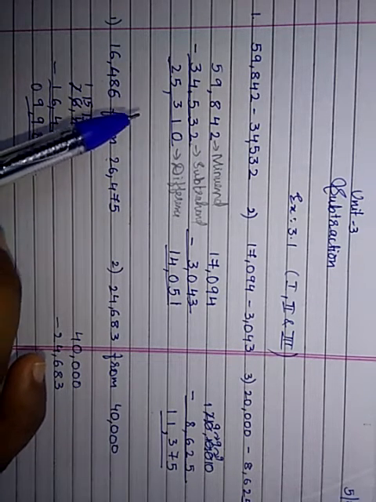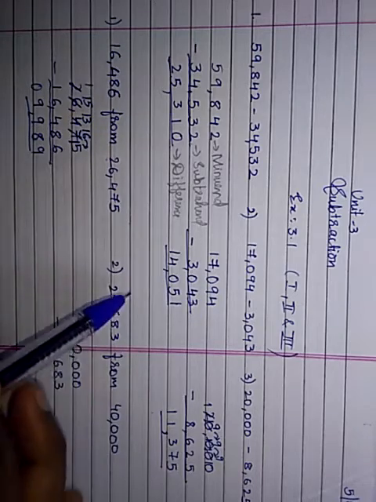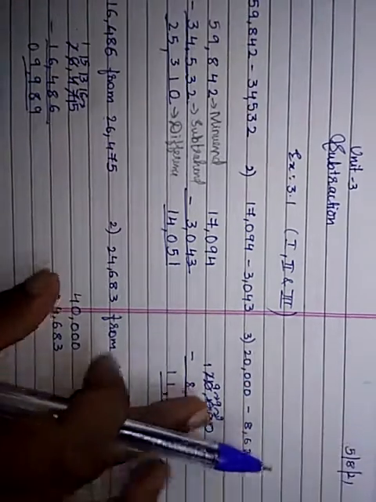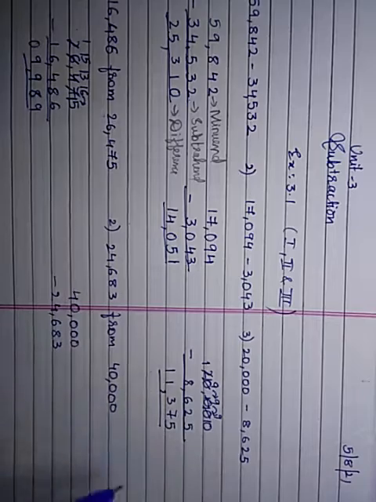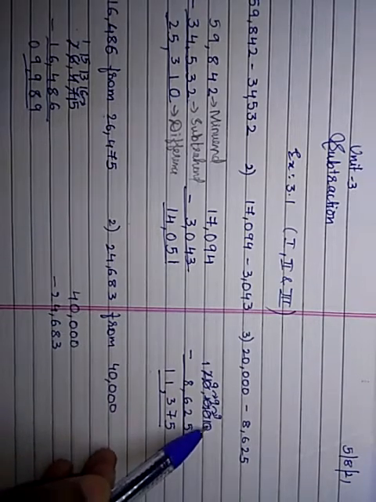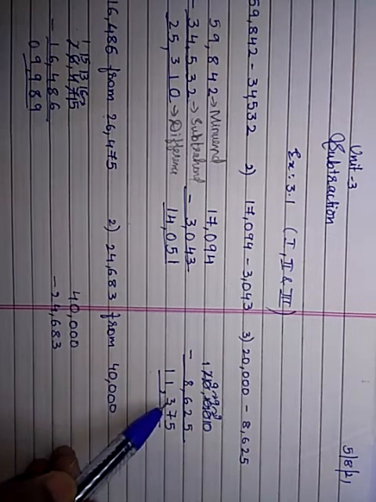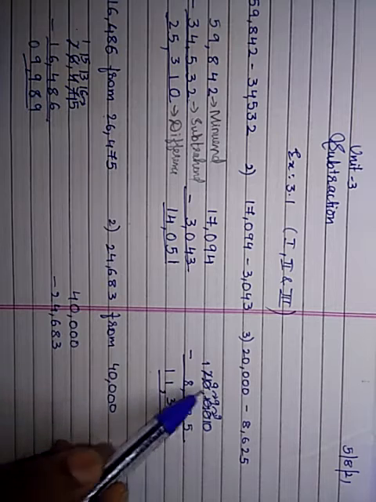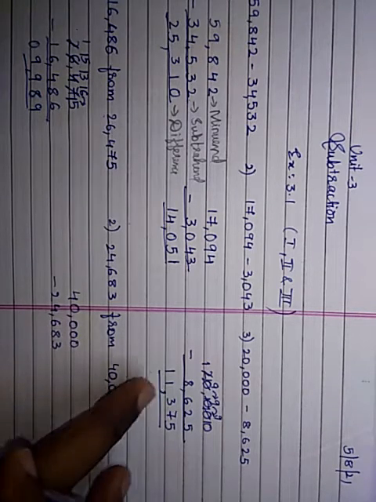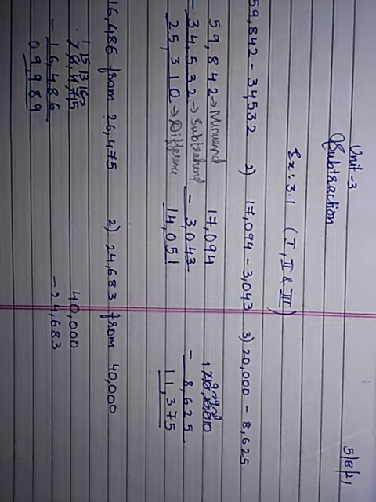Even when I am correcting your classwork, subtraction will become very difficult, no? I have to borrow, check everything. So I'll do it like this: 5 plus 5 is 10, 7 plus 2 is 9, 3 plus 6 is 9, 1 plus 8 is 9, 1 as it is. I will check your answers like this all the time. This is a shortcut to verify, means to check whether it is correct or not.